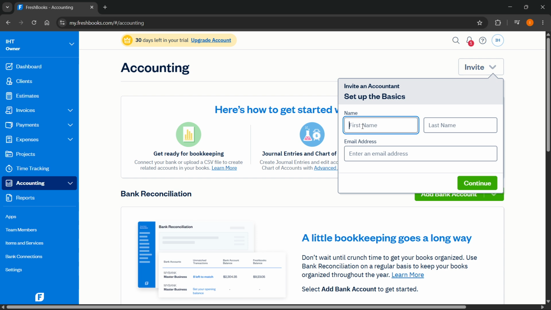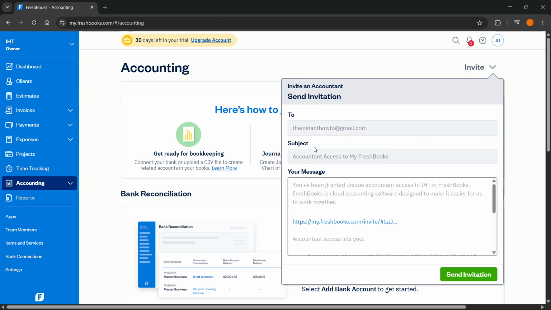So first you want to enter in their name and last name. I'm just going to put myself over here, for example, like this, and then the email address. So for example, like this, I'm going to put in my email address over here, which I use for this tutorial, and then I'm going to go and click on continue over here,